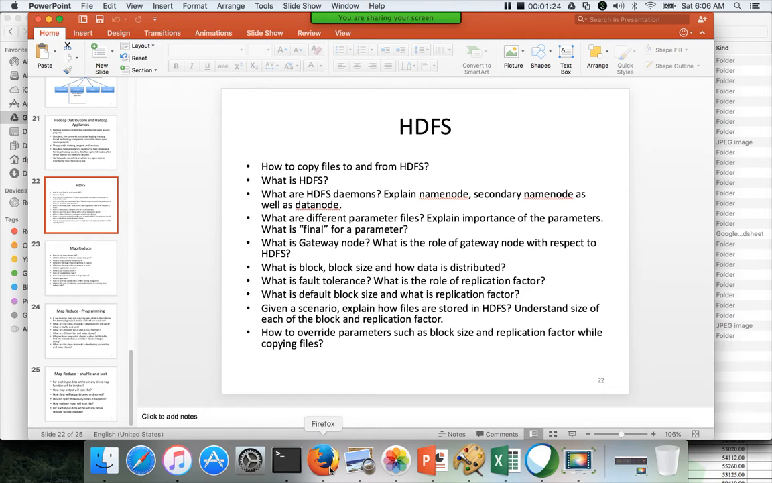And on top of these two, masters and slaves, it is always better in production clusters to have an additional node called gateway node or client node. If you are using AWS, they use a term called bastion server. So all these three mean the same: bastion server, client node, or gateway node. So what is the role of the gateway node? If you go to the whiteboard,